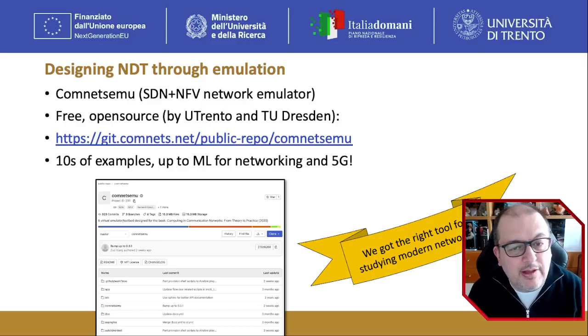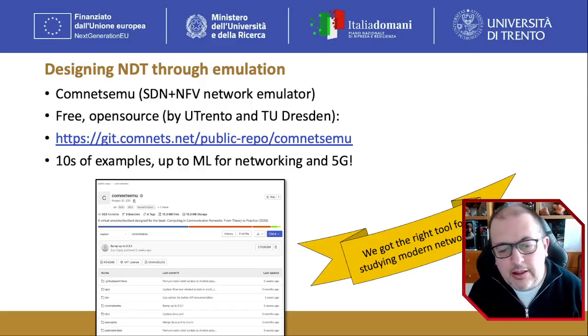We believe that a good tool to start with is a network emulator. A network emulator is a software environment that allows to replicate the protocols, the packets, and the services with high precision with respect to the actual infrastructure. So we decided to build our own version of a network emulator, properly packaged with functionalities that are required in order to get a suitable network digital twin.